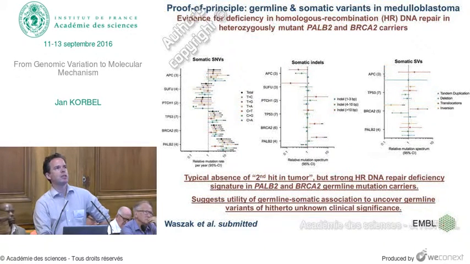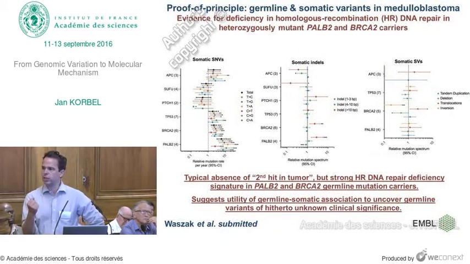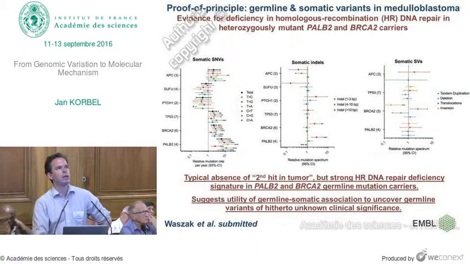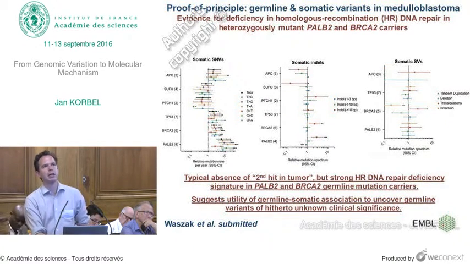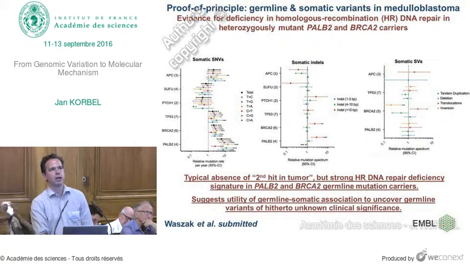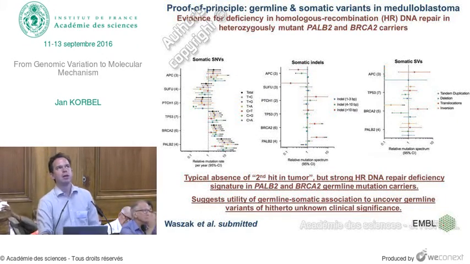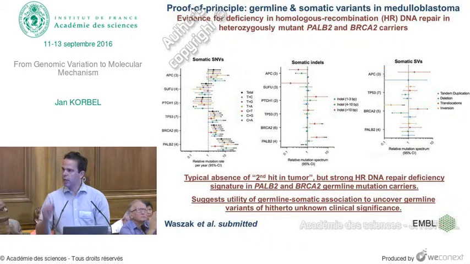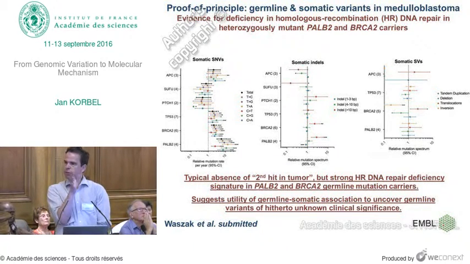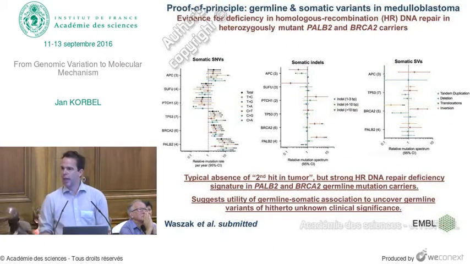And we do see this. We see, as is shown here, a quite striking relative increase of mutations in these patients that carry BRCA2 or PALB2 deficiencies compared to sporadic medulloblastomas. We see an increased rate of somatic indels and a particular form of structural variation, translocations, which strongly implicate homologous recombination DNA repair defects in these patients and make us comfortable with our finding that carriers of these variants are